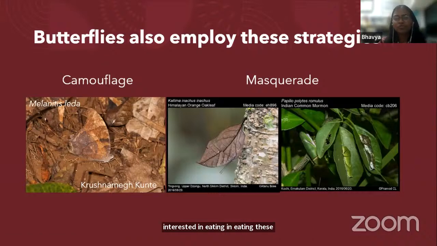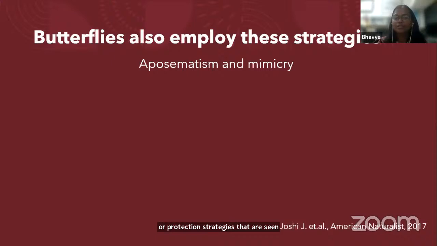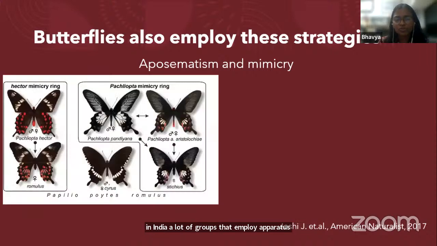But one of the most common and most widely studied protection strategies seen in butterflies is actually aposematism and mimicry. This is very widespread in butterflies, and we see a lot of groups of butterflies from South America and even in India that employ aposematism and mimicry as a defense strategy. And I'm going to just show you